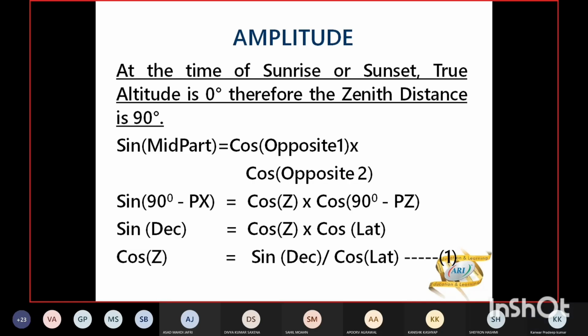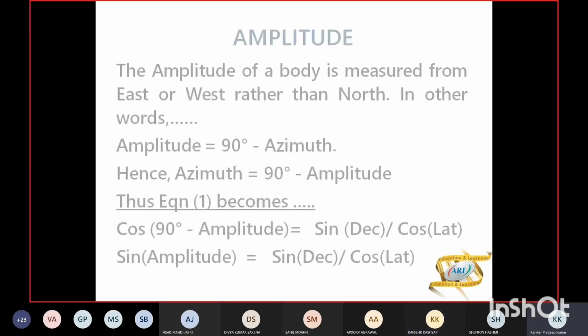ठीक है, उसके बाद cos Z इंटू cos (90 माइनस PZ). PZ इज द कोलैट. 90 माइनस कोलैट क्या बन गया? लैट. तो डायरेक्ट cos Z इंटू cos लैट हो गया. सो cos Z इज इक्वल टू साइन डेक अपॉन cos लैट. इसमें तो किसी को कोई क्वेश्चन नहीं होना चाहिए, सिंपल चल रहा है। वेरी सिंपल फॉर्मूला, वेरी सिंपल कैलकुलेशन।